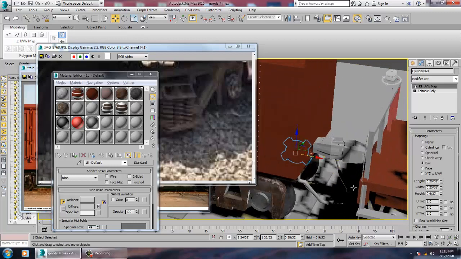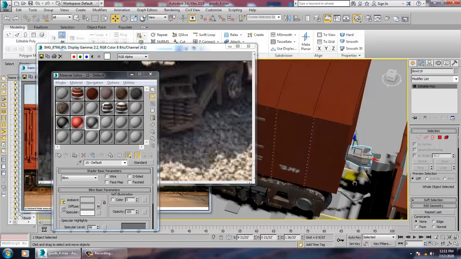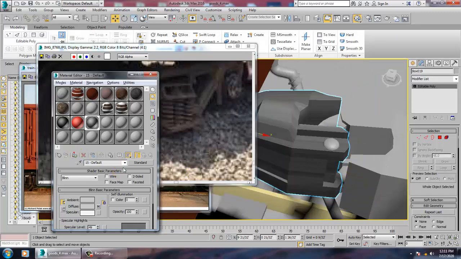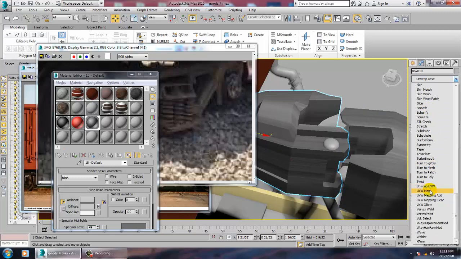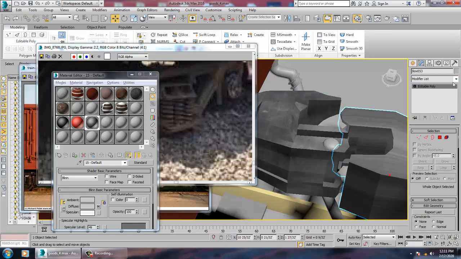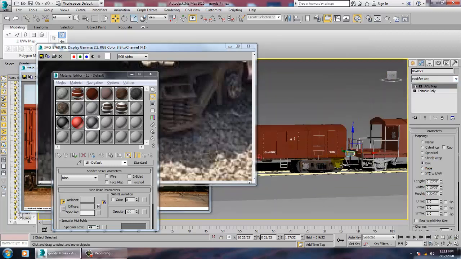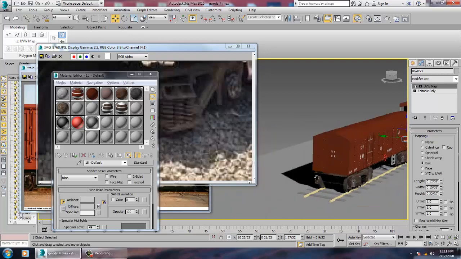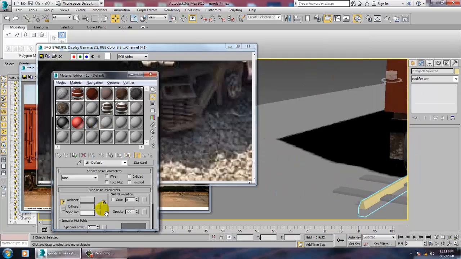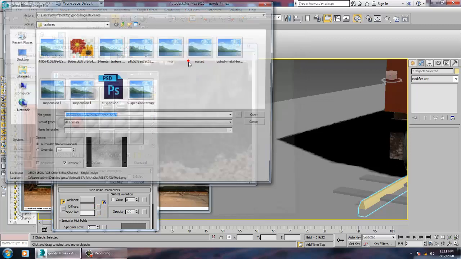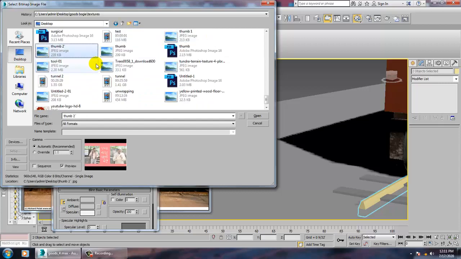So if you want, we can give a V-Ray texture also, not a problem. So you can go with some steel textures.